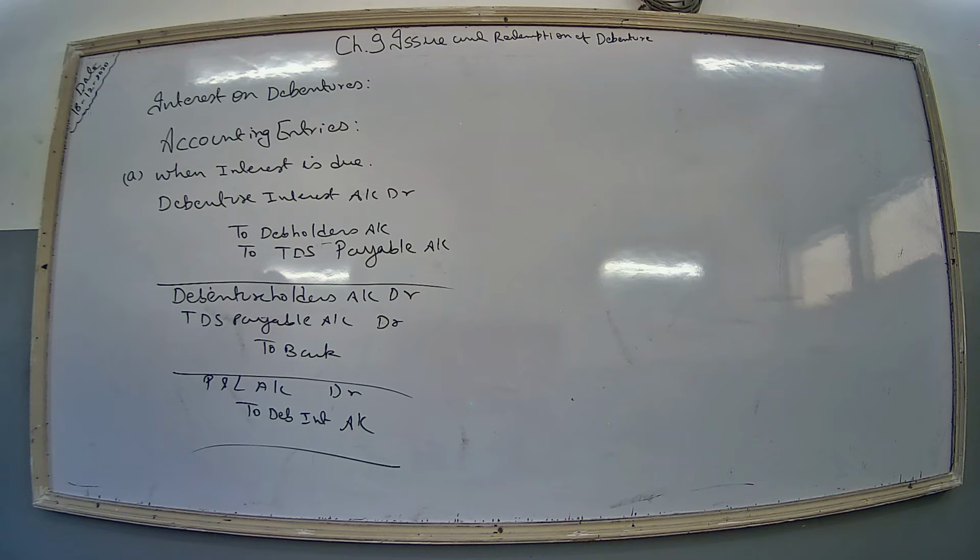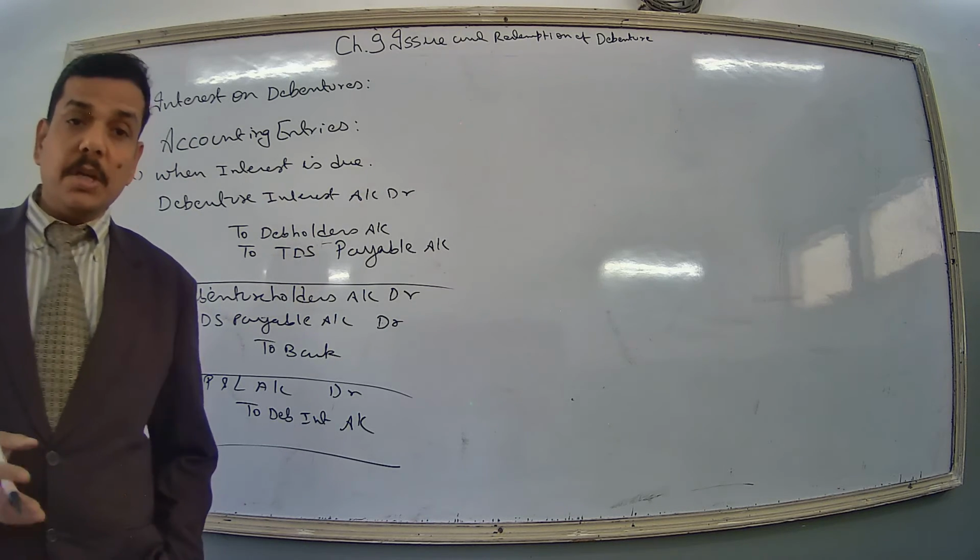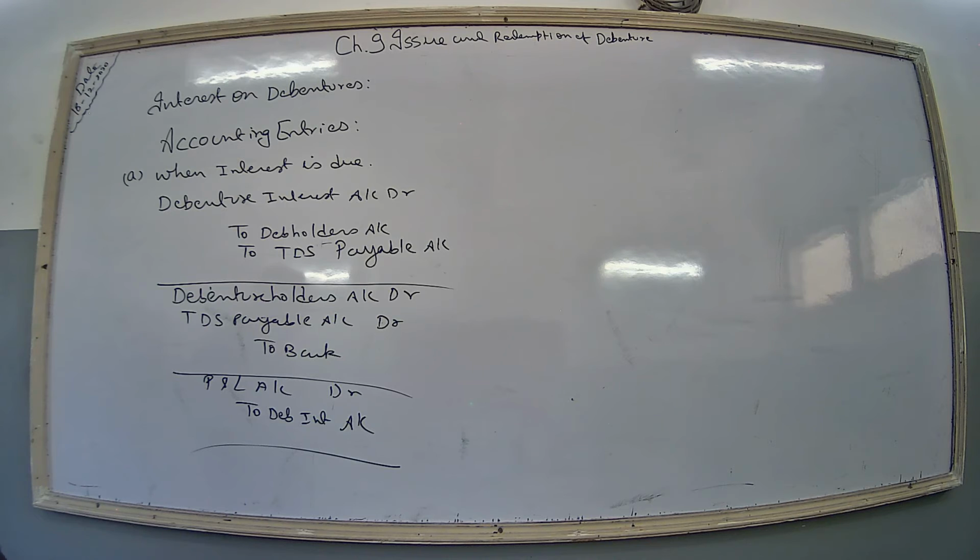Okay. Now some points to be remembered. Interest on debenture is a charge against profit, so it is always debited to the profit and loss account. Clear? You must pay debenture interest whether you are having profit or loss, and it is always calculated at a fixed rate on the nominal face value of the debenture. Clear? Debenture interest is not payable for the debenture issued as collateral security. Clear? Interest on debenture is prefixed on the debenture.